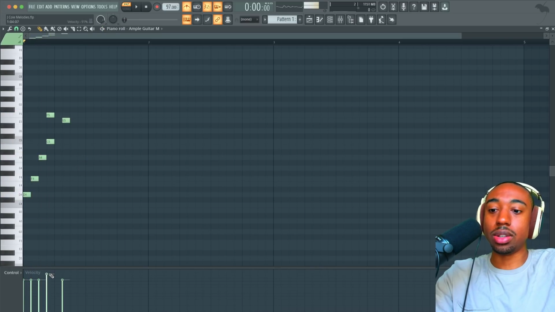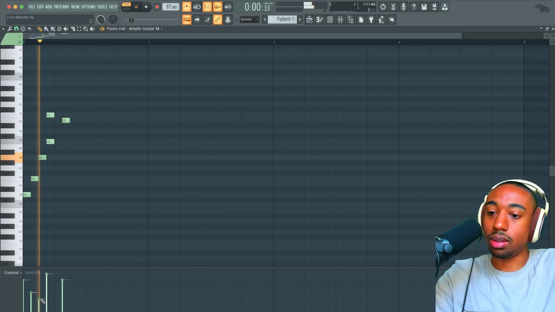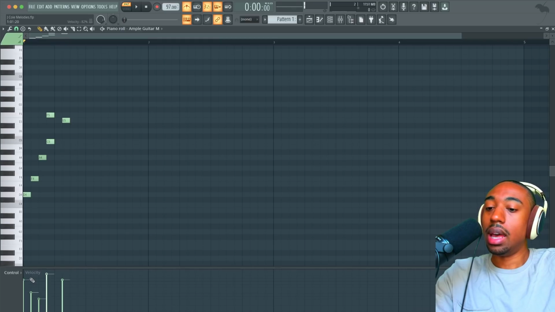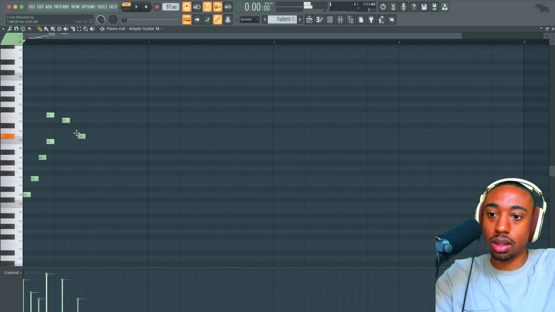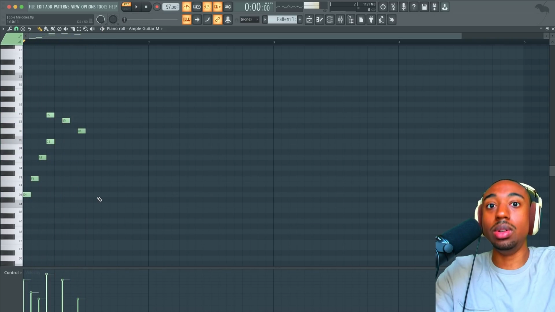Now the real key also is velocity, but not every guitar is built the same, not every plugin. So we're gonna go mid, down, further down, high. And then we're gonna go do do do do do do. 1, 2, 3, 4. So here's a key.